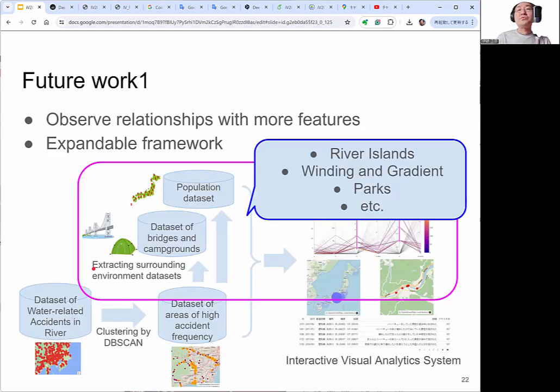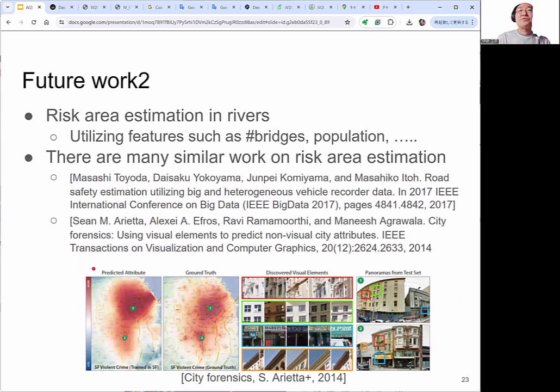And we want to construct an expandable framework for users to add their own interesting feature data sets. And I also want to do risk area estimation in rivers using such features. There are many similar works on risk area estimation, such as estimating safe roads or safe urban areas, and like this.